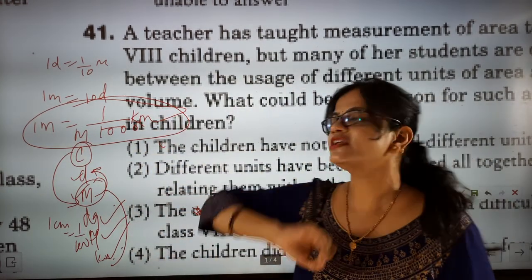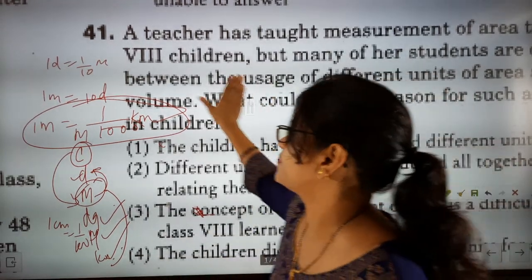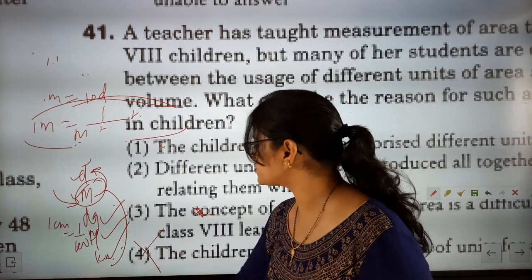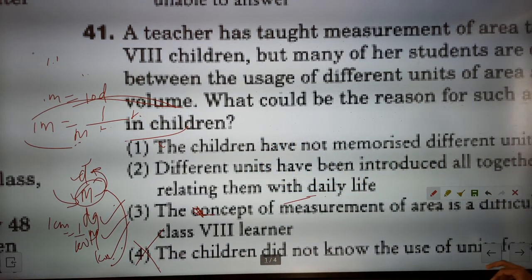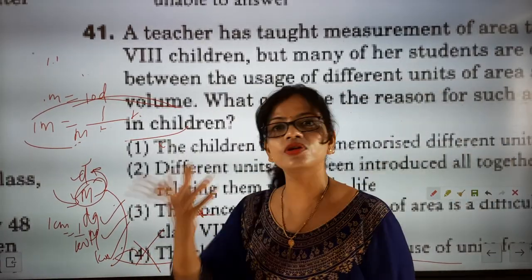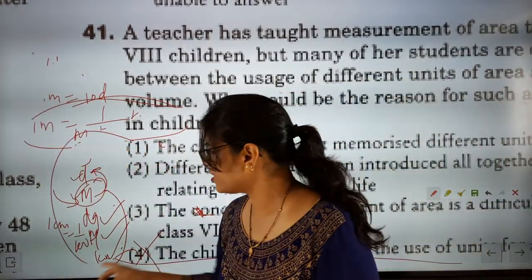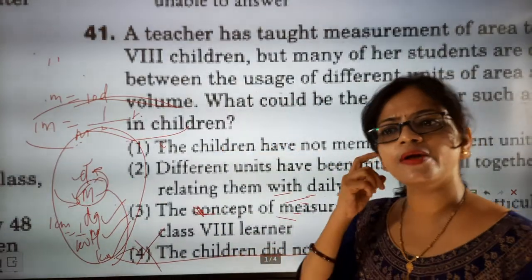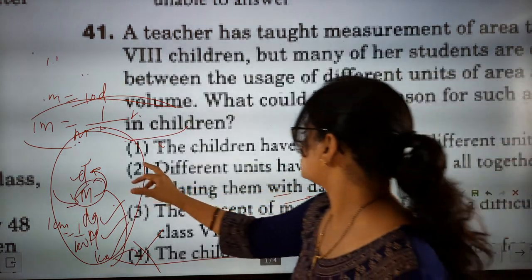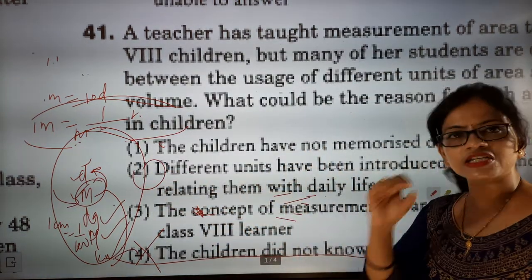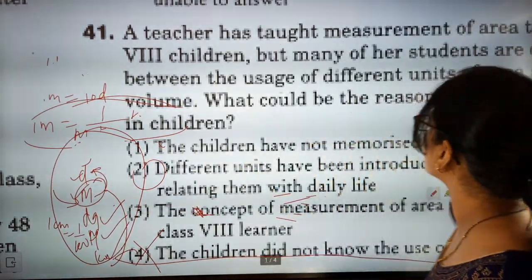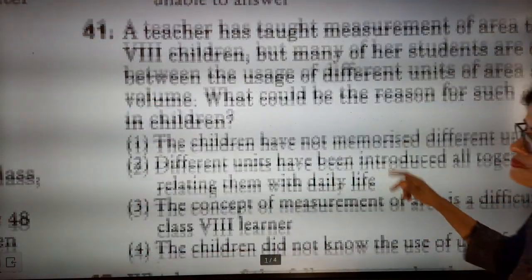So this connectivity the teacher has not taught, and she taught the chapter. So children will be confused now. She taught everything. So here the third last option will not be there. The children did not know the concept of unit formula. They know that units are there, but they don't know how to utilize and connect the units. If this is taught in the class, the children will be able to utilize it and understand how to convert it also. Different units have been introduced at one time itself, but the teacher did not clarify the concept. That's why the concept confusion is coming.